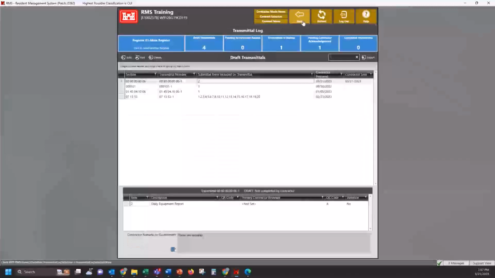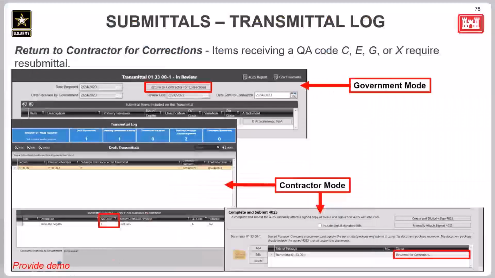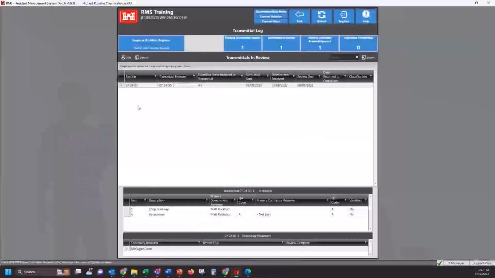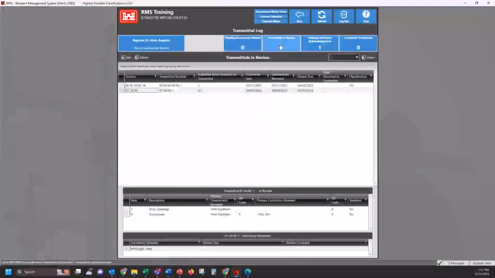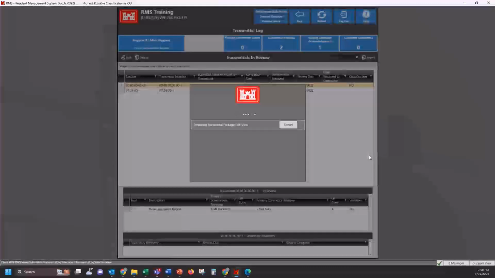for review. So now if we go into government mode of this contract, go into our transmittal log. Before a transmittal goes to review, the government has to receive it. So here we'll enter a date. We received it today. And once we click out of that, it'll automatically go to transmittals in review. And if we click on it to review,